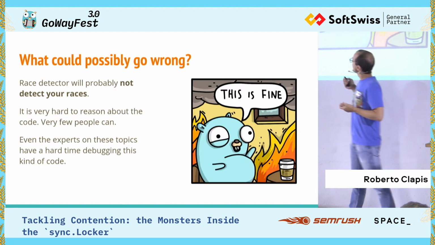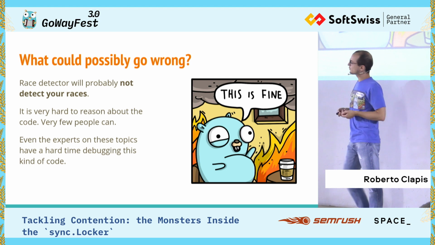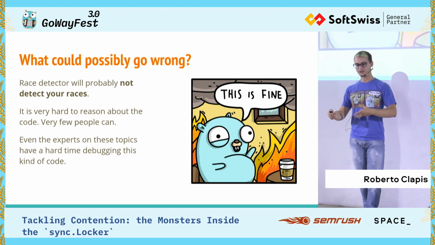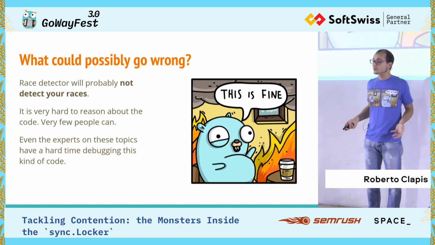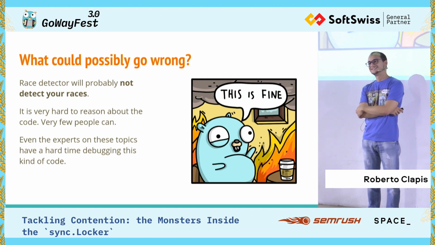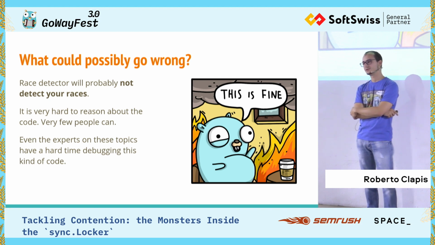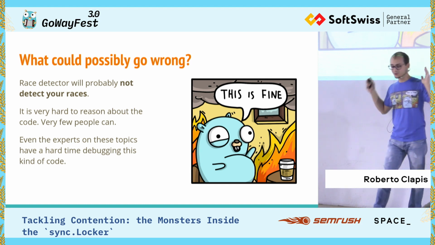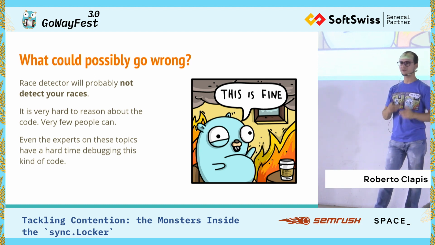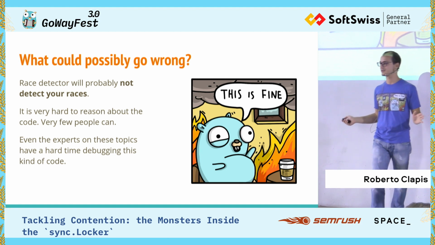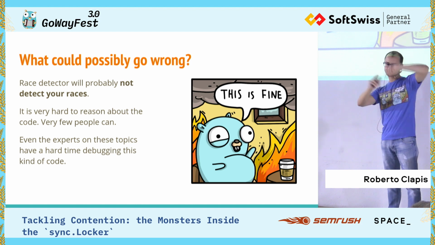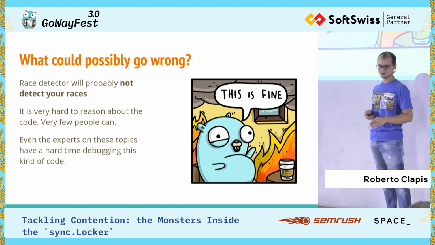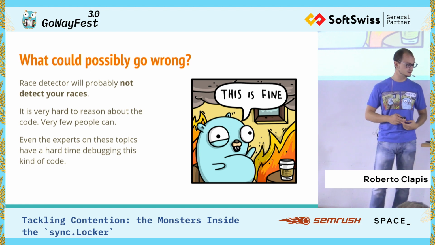So when you start doing atomic operations and you start going that direction, the race detector bails out. So the race detector will just say, oh, you're using atomic and unsafe, how cute. But I have no idea what you're doing, so no races. Everything is good, it's fine. Even if you have an explicit race on one of your variables, the race detector is just not going to tell you anything. And then there's more. If you use them wrongly, the compiler might reorder stuff in some architectures, so fun stuff, especially debugging it.